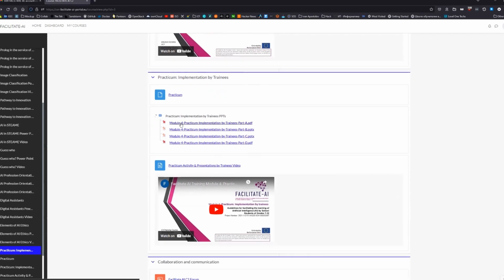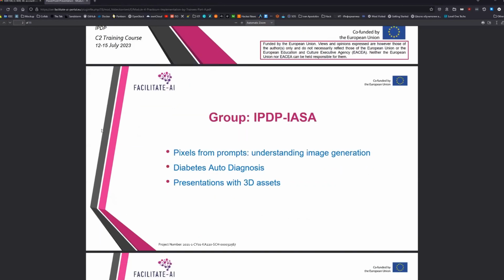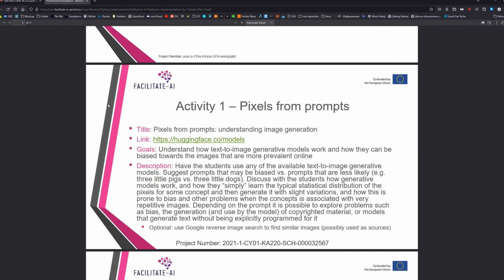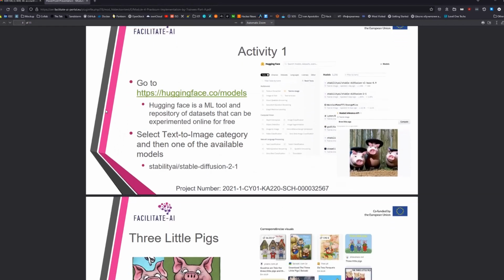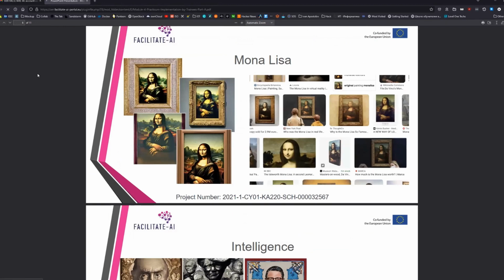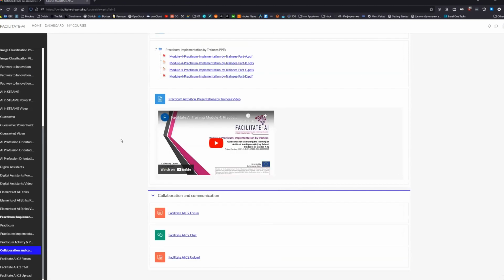These are some plans that are made in presentation by some teachers that use the learning creativity plans and the guidelines to create some class activities based on the plans, the guidelines, and the tools in there. And as you can see in this presentation, this is step by step how the teachers use the knowledge from the guidelines and learning creativity plans. We can see the visuals of trainers.